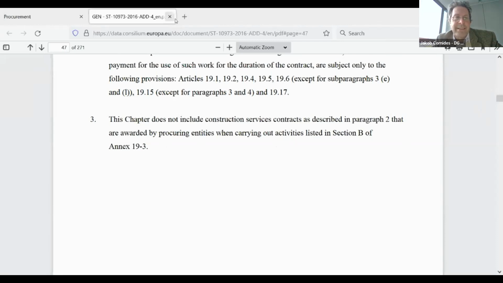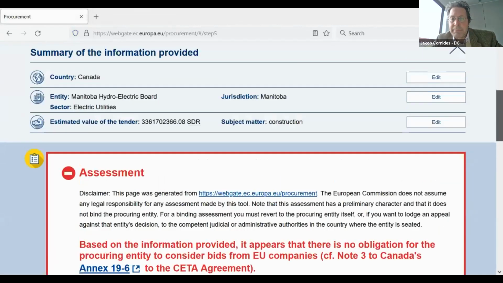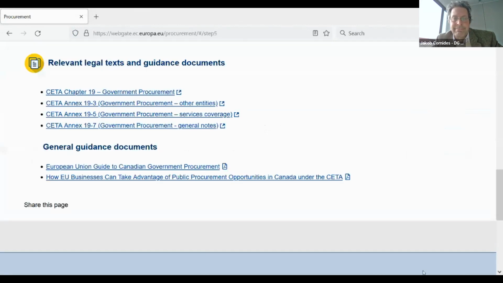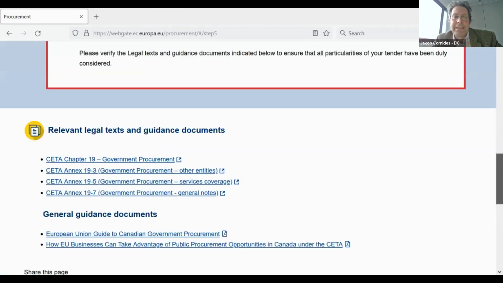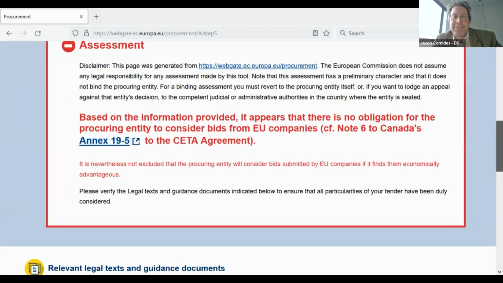So that's the explanation. Okay, I can go a step back and say, okay, it was not construction services. I was wrong. It was services. And, well, again, bad luck. No obligation for Manitoba Electric Board to buy my stuff, my services.